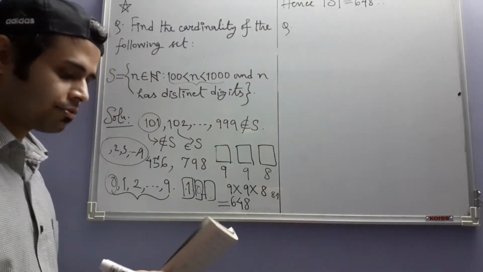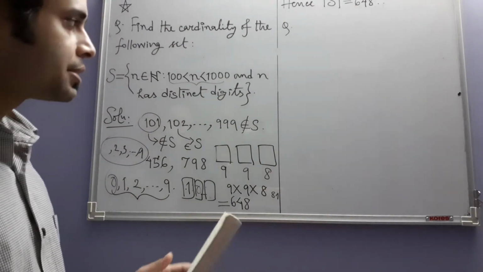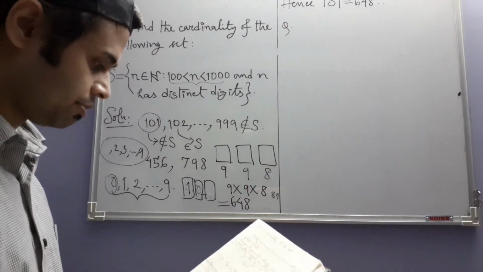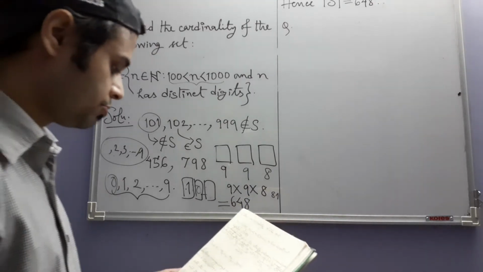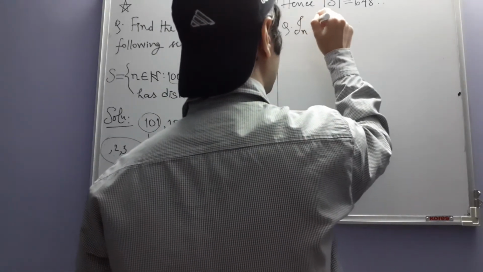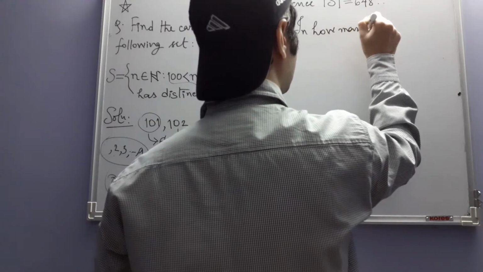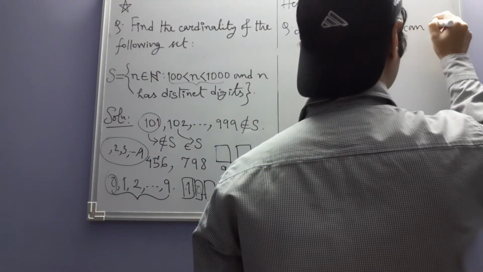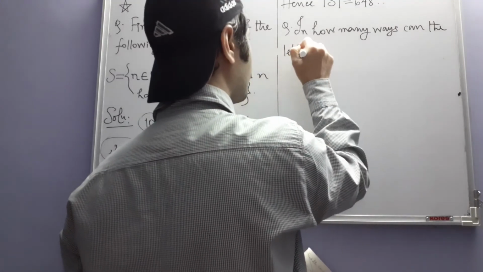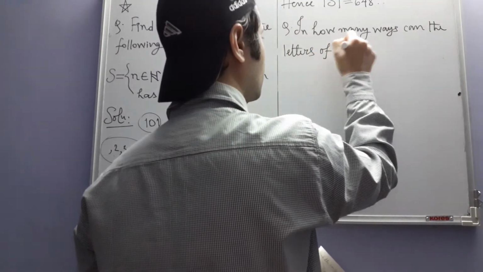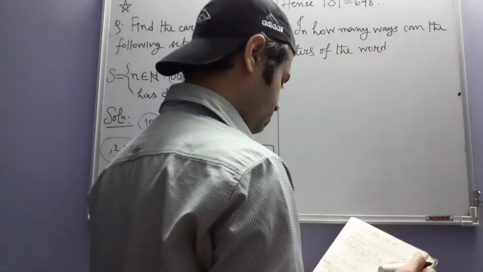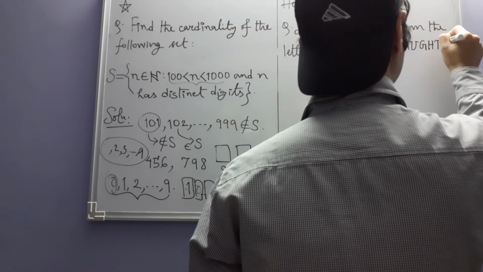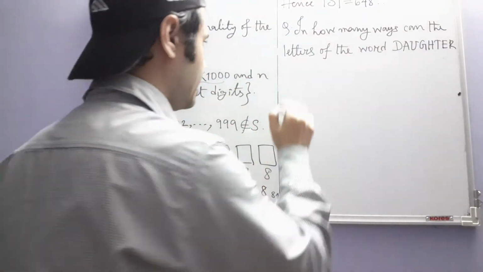Now as we go further and further down this problem lane, soon we will see that these methods are not enough. We will have to devise something new. We will come across that soon. So let's now take this one, which has 2 subdivisions. In how many ways can the letters of the word daughter be arranged